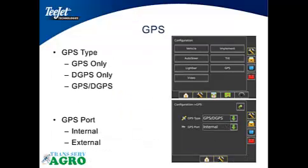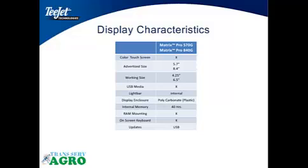And then finally, we have settings for the GPS type. Most of these consoles ship with internal GPS. You always have the ability to connect an external GPS to Matrix consoles. If you want to bring a different type or a different quality of GPS signal into the unit, it's ready to use it. Good. In the next couple slides, Rich is going to recap and review what the